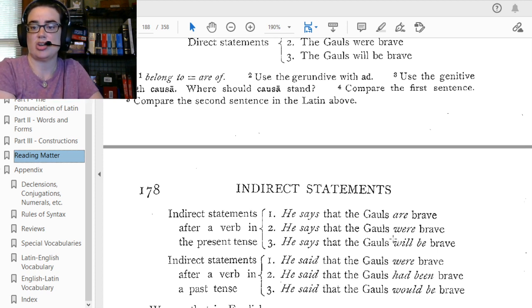So in English, you have your verb of the head. So he says, he thinks, he hears,